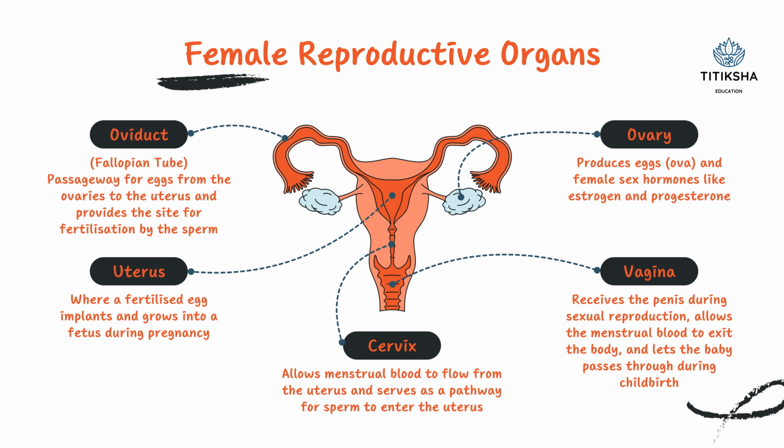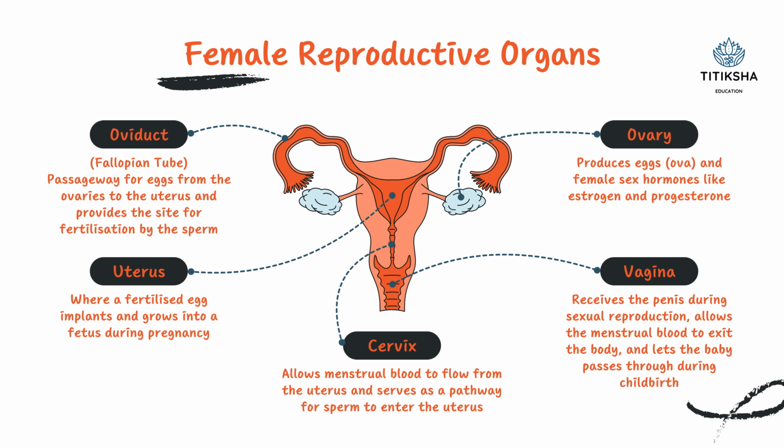Female reproductive organs. Ovary. Produces eggs or ova and female sex hormones like estrogen and progesterone. Oviduct. It is also known as fallopian tube. Passageway for eggs from the ovaries to the uterus and provides the site for fertilization by the sperm. Uterus. It is also referred to as womb, where a fertilized egg implants and grows into a fetus